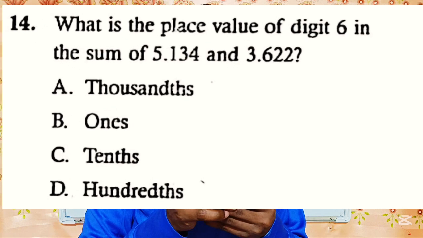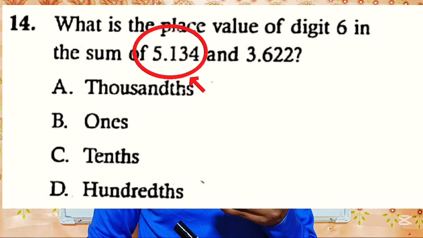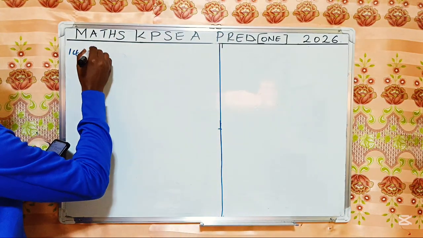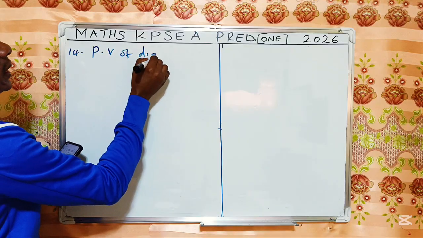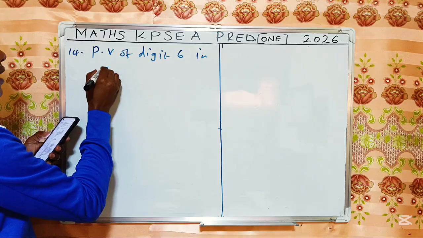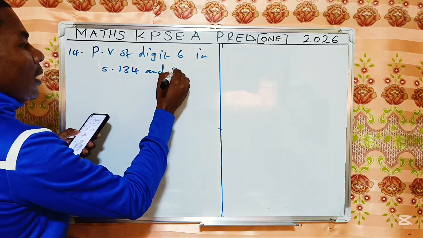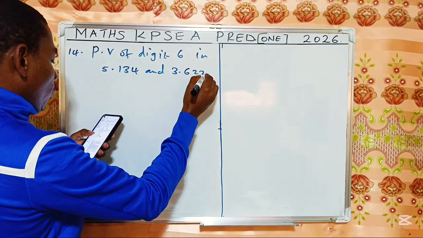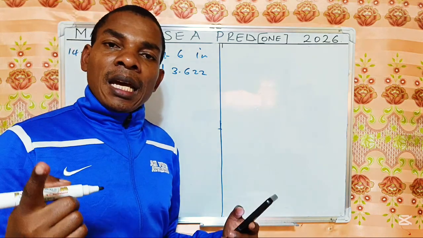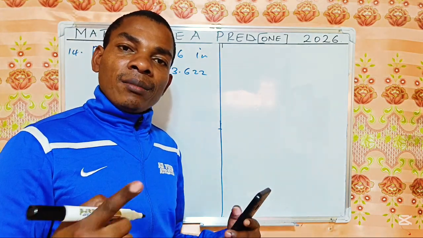Question 14. What is the place value of digit 6 in the sum of 5.134 and 3.622? Remember the sum. The word sum means addition. Sum means addition. Product means multiplication. Difference means